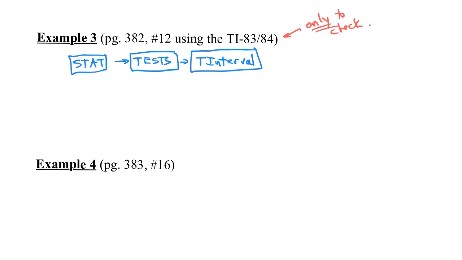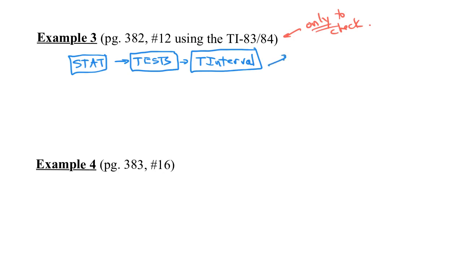Okay, because it is a confidence interval and we're using t-scores. So make sure you go to t-interval, not t-test, t-interval. So if you go to your calculator and hit the stat button and scroll over to tests and then go to t-interval, which on most of them is number 8, and then it's going to ask you